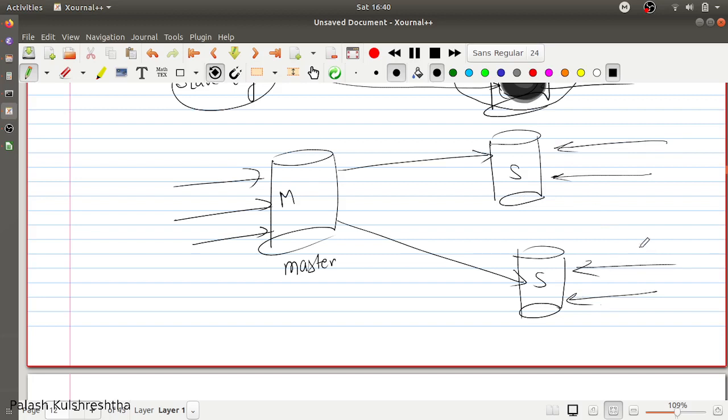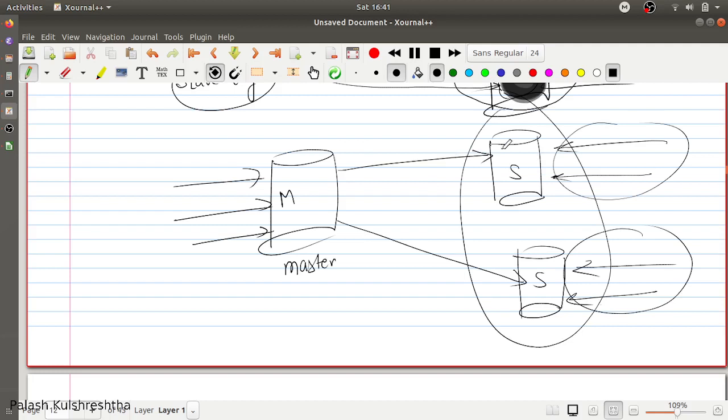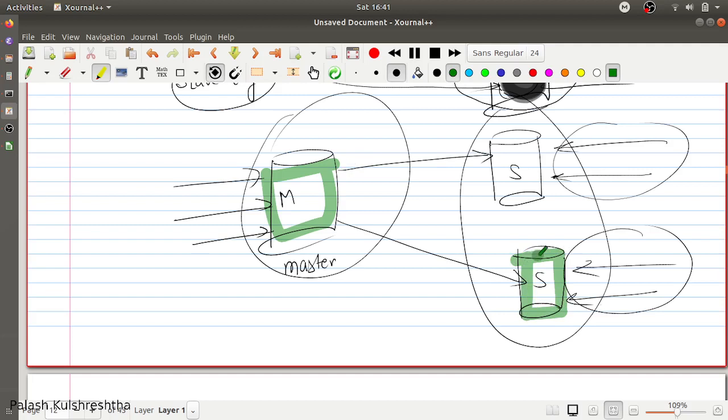This way you are segregating the responsibility of read and write to different models. So this is the read model, this is the write model, and you can have different indices. You can have different indices on the master database, which are optimized for writing the data, and you can have different indices on the slave database which are optimized for reading the data. So this is one of the cases of MySQL.